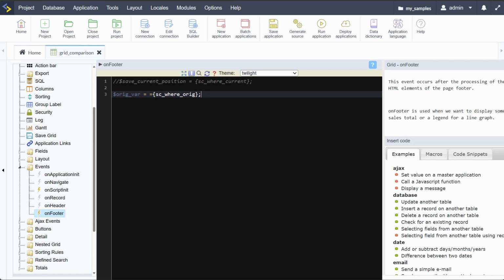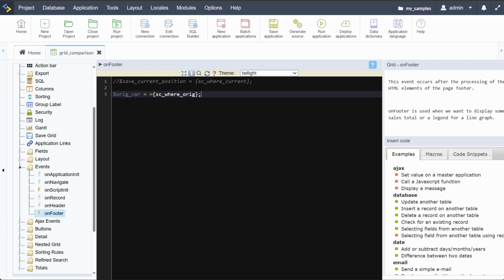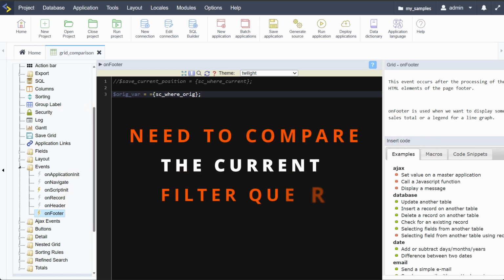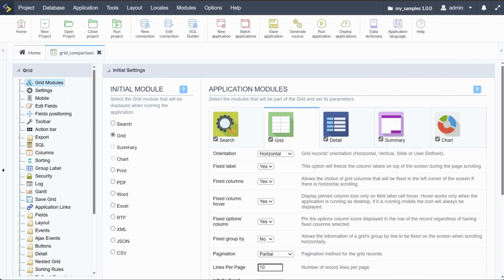Now you can use the original where clause for many purposes. For example, if you want to create a report that needs to maybe ignore any user applied filters that have been applied while they've been using the application. Or maybe if you're debugging and need to compare the current filtered query against the original base query that you had originally defined. Now you may be wondering where you can use this, and of course again we have the